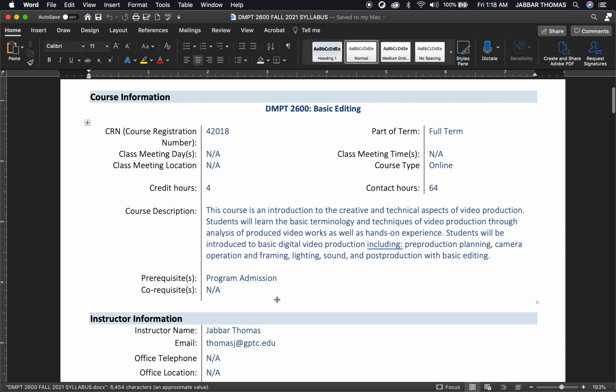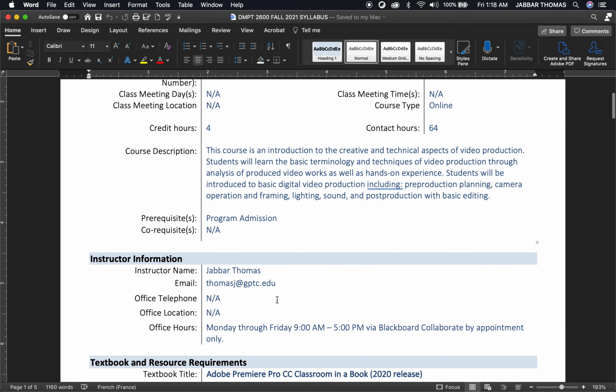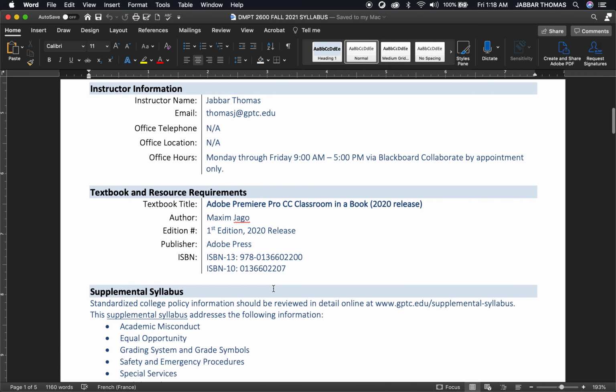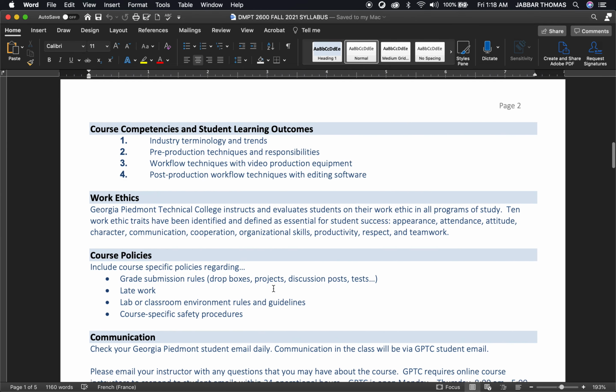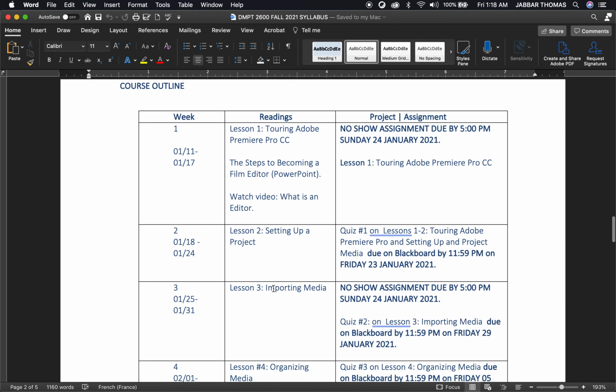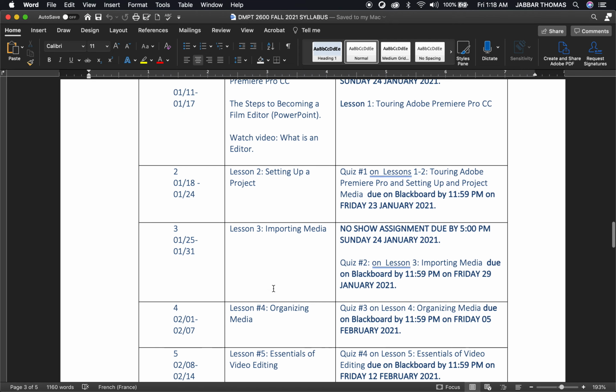with Premiere, because the textbook you're going to see is not just a textbook you read, it's a workbook. So as you're going through the textbook, you actually are doing exercises on Premiere. So you should get lots of hands-on experience as you work through the semester. So the first lesson, touring the Adobe Premiere Pro interface,